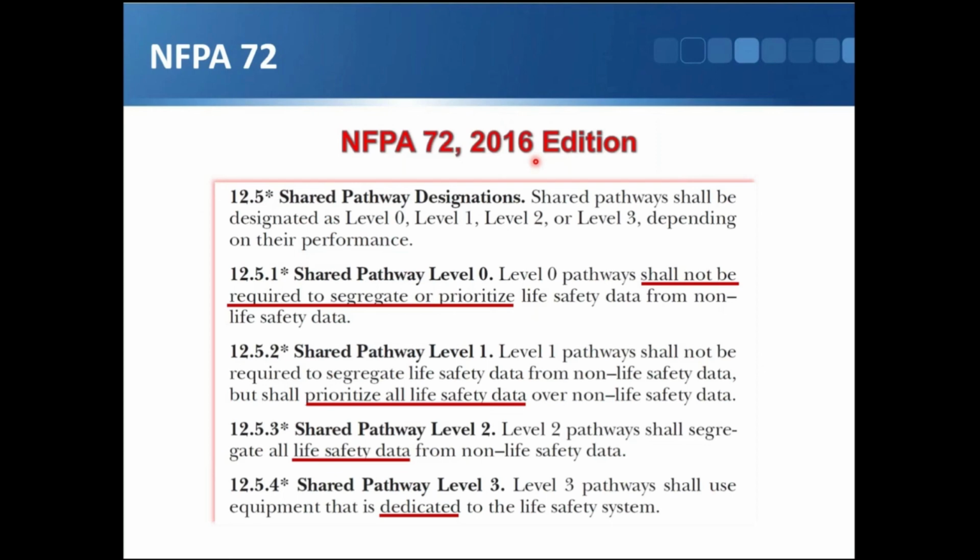That's what this is all about. There are actually layers within the topic. The ideal thing would be that all this life safety is dedicated together, and we don't have to worry about any sharing of any type. But that's not practical. So when you start sharing,